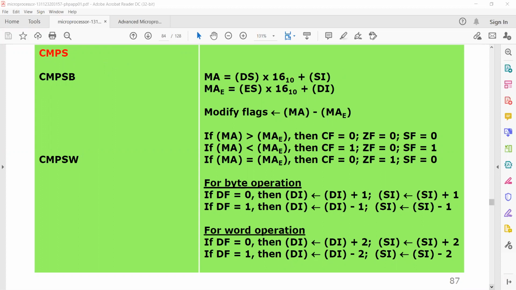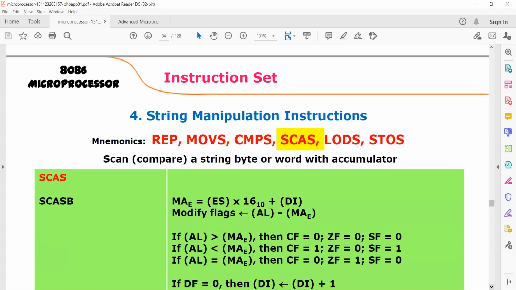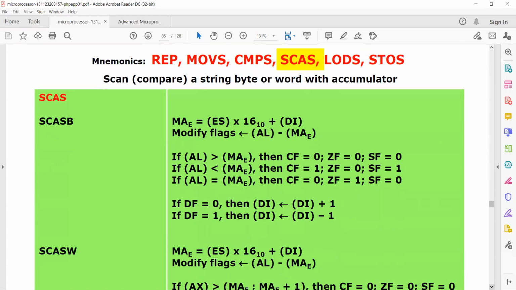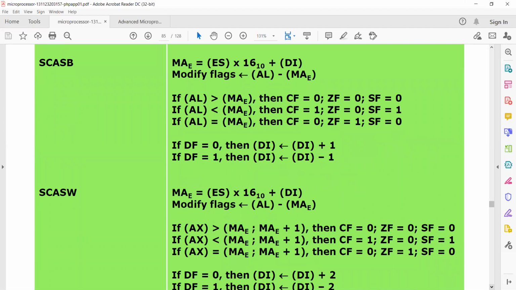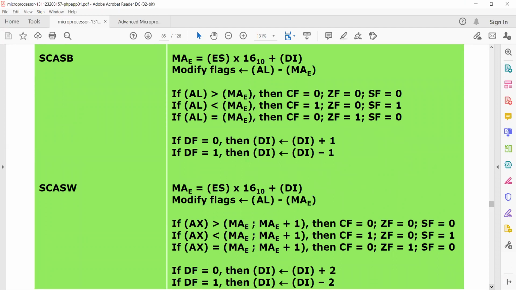The next instruction is scan string, SCAS. SCAS means scan string, so we'll be scanning the string values.